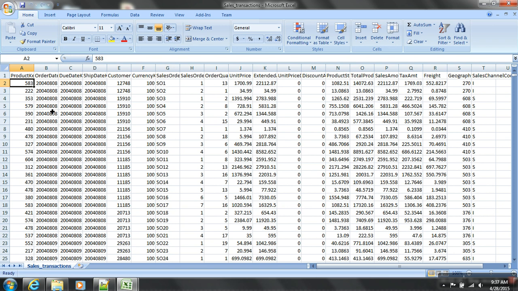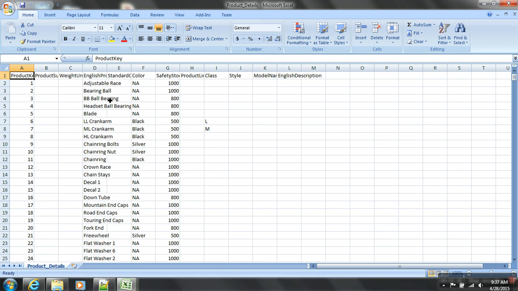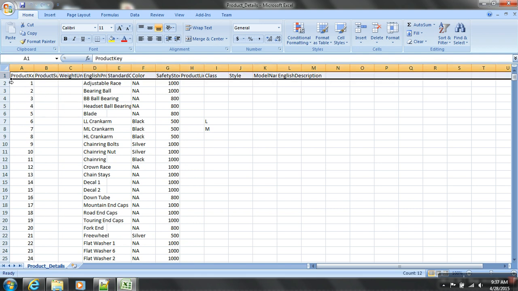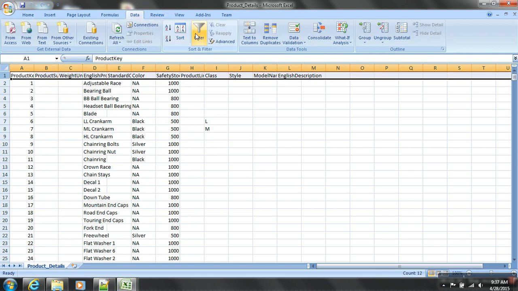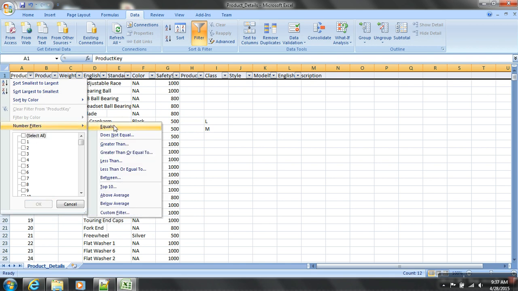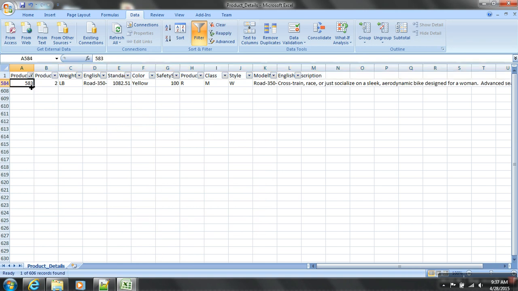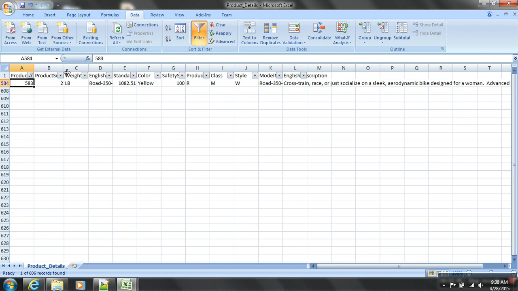But I just have a number, 583. I don't know what this means here. So what they've done, they've given another file called product details. Now in this file, if I filter for 583, you can see what it says.